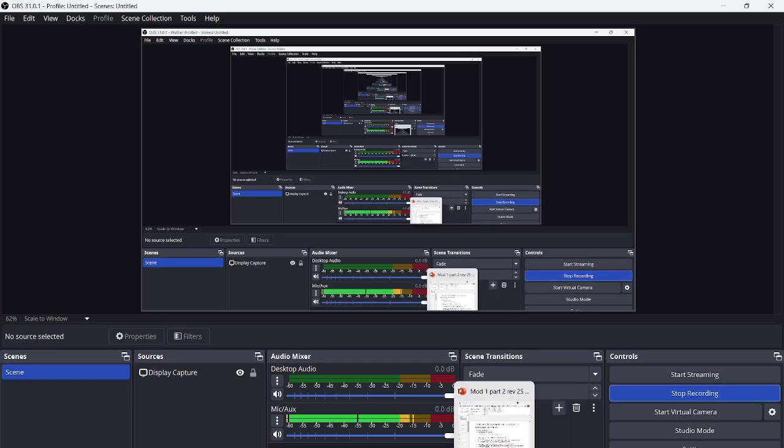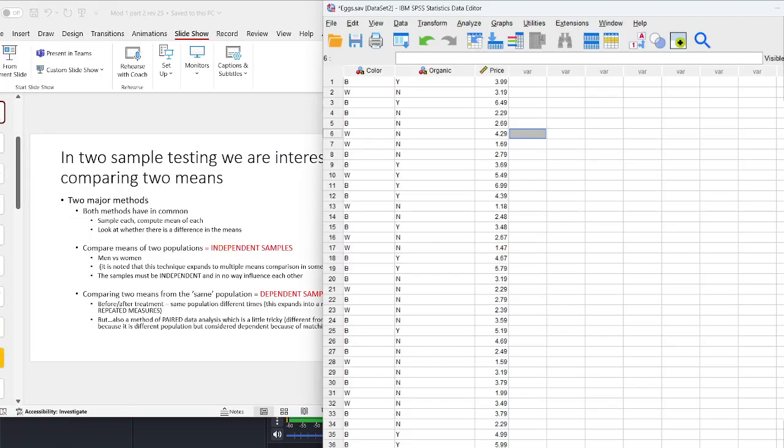Okay, so we're working in SPSS and I pulled up the egg data. What we're going to do is the examples of the two sample means test. Now, the egg data, I don't actually remember whether this was actual data or whether I just made it